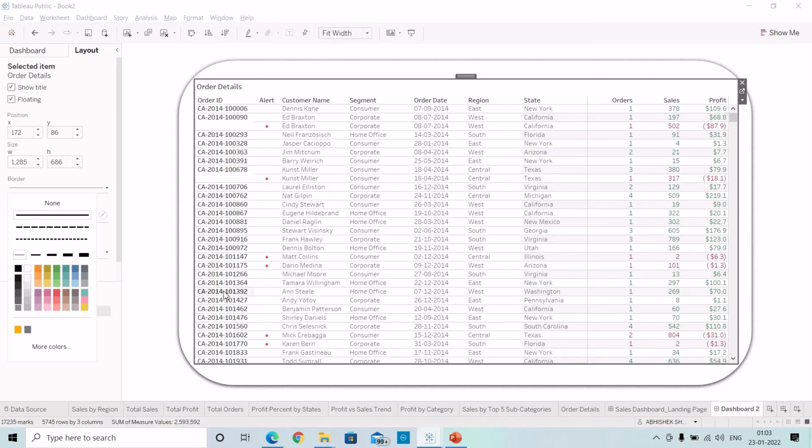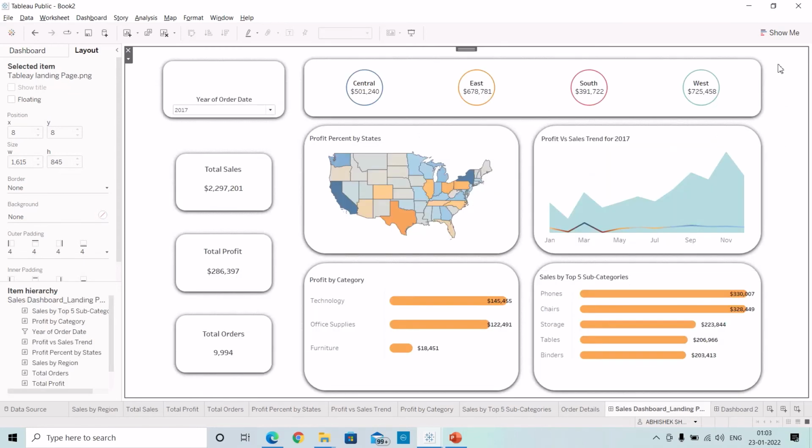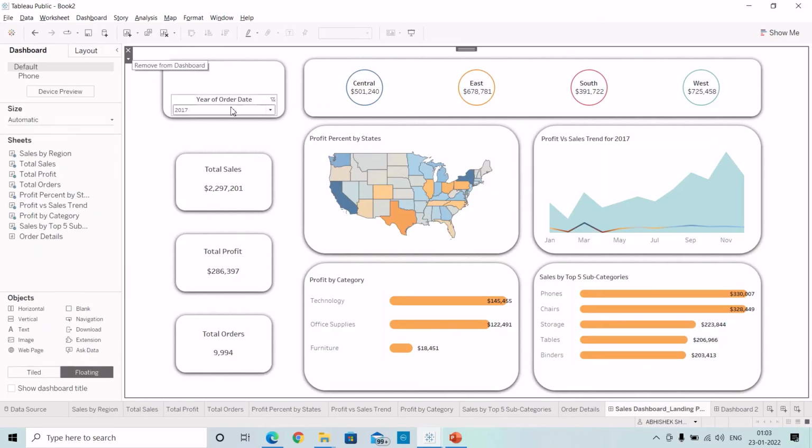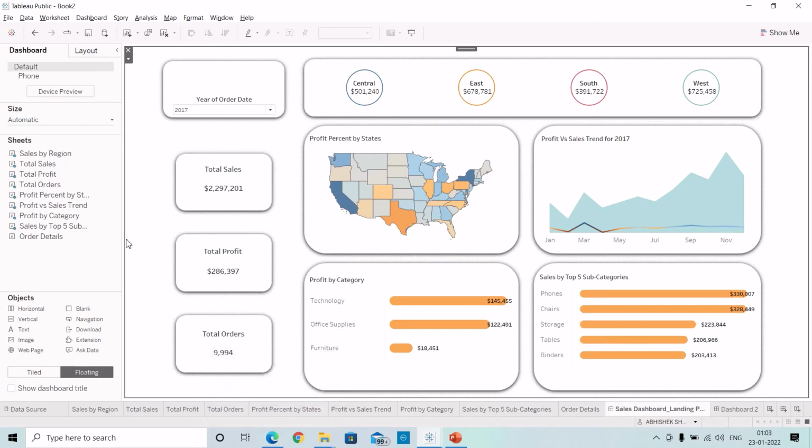Go on layout, borders. It's perfect. You can see now we have to make the icon to go to the order details page and return back to the dashboard page. For that, what you have to do, you have to